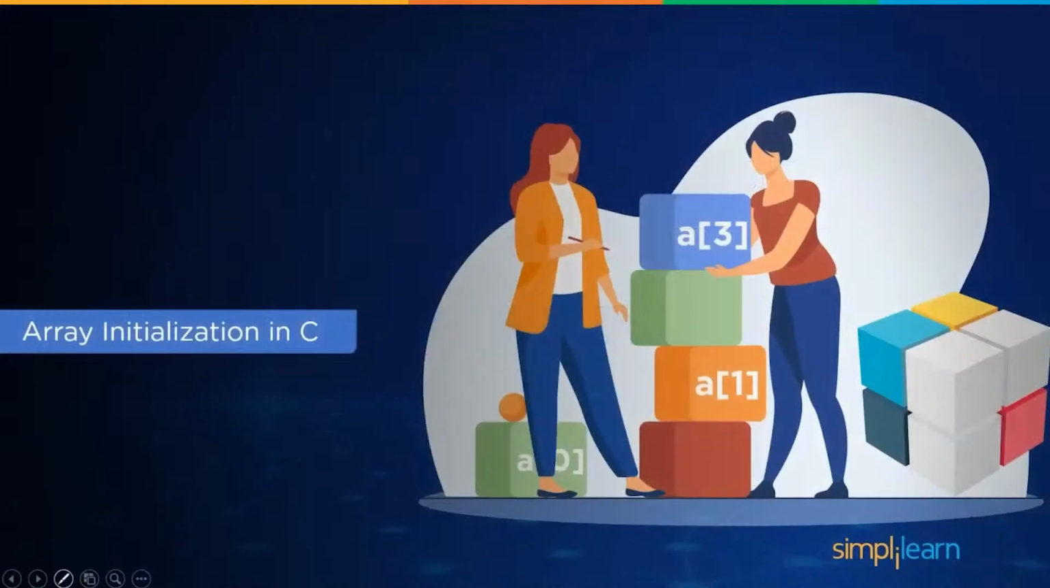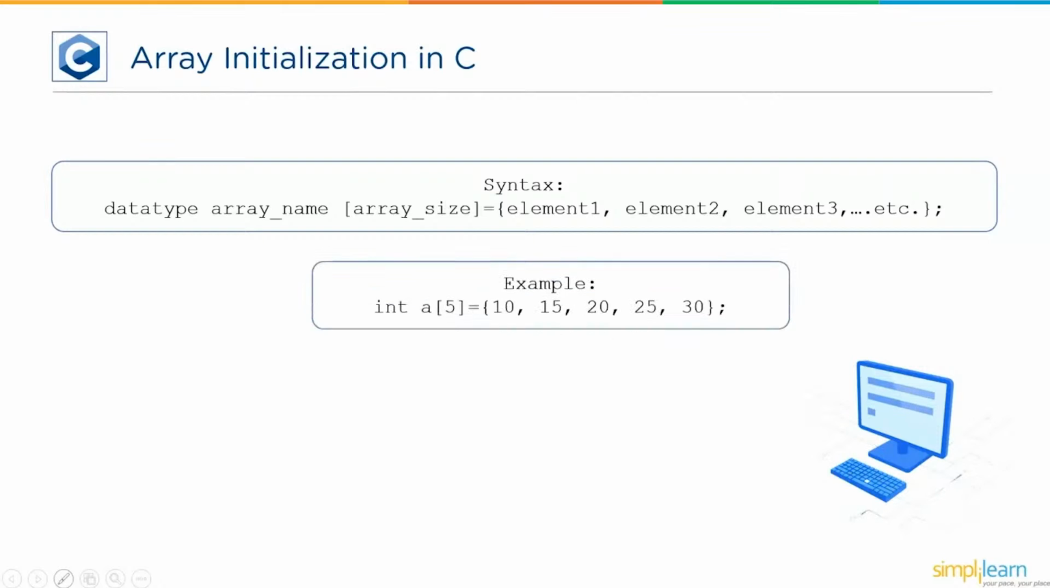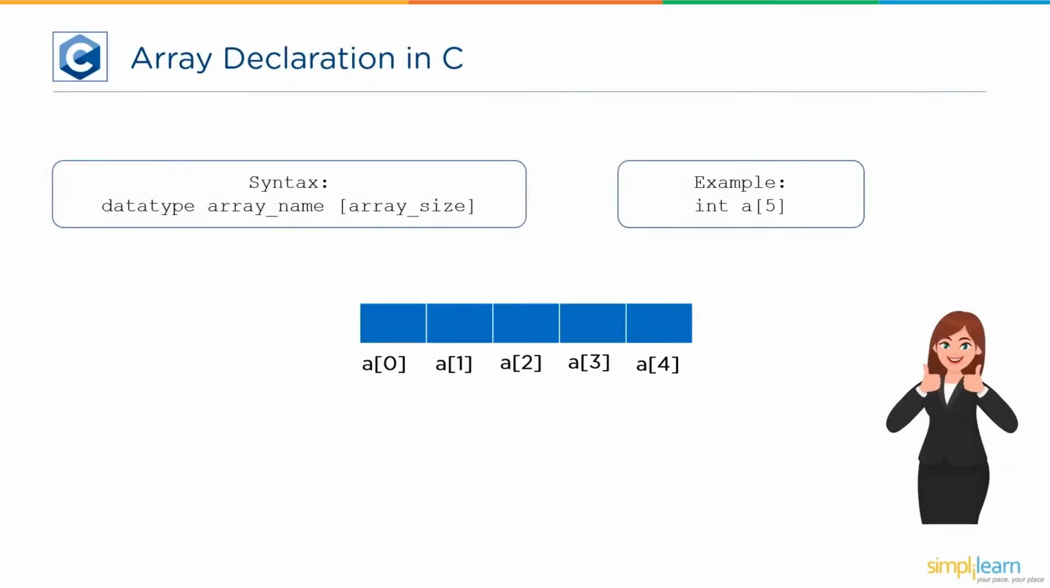Next, we have array initialization in C. One way of initializing the array of elements is during the declaration. Let's look at the following syntax. First, data type followed by array name and size, and by using the assignment operator equal to, list out the elements separated by the comma operator inside the curly brackets and a semicolon at the end. For example, int a[5] = {10, 15, 20, 25, 30};